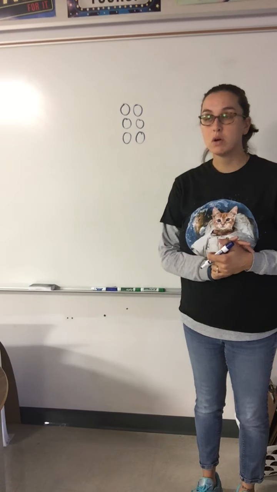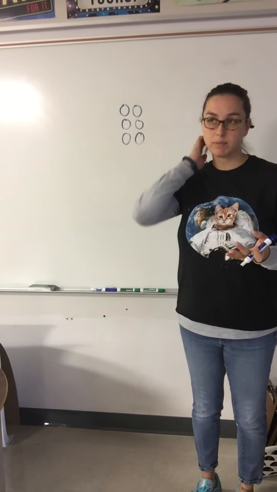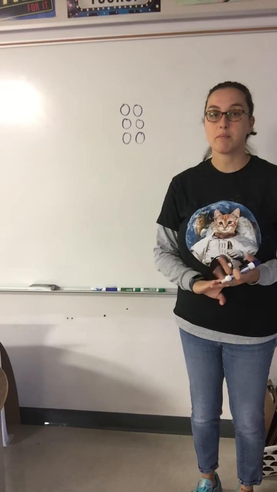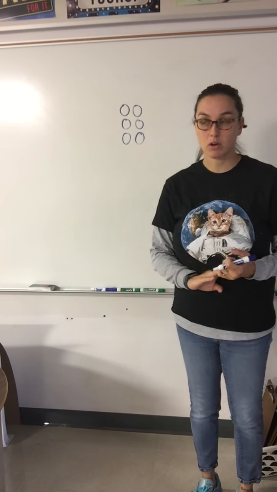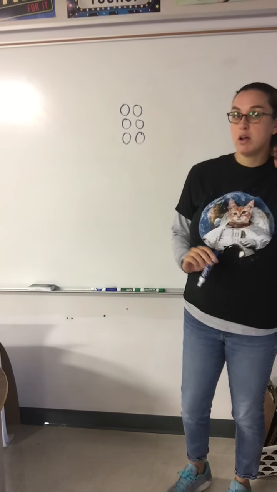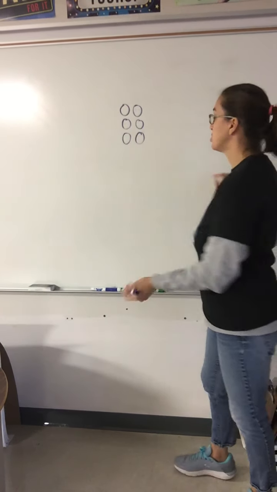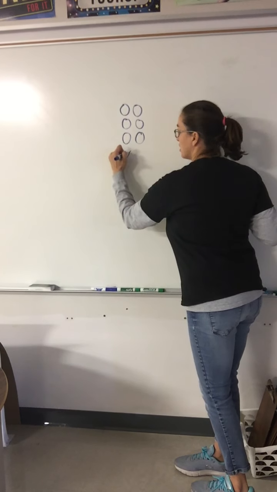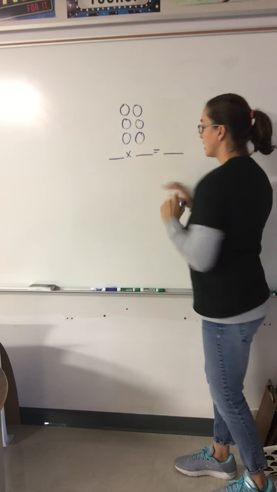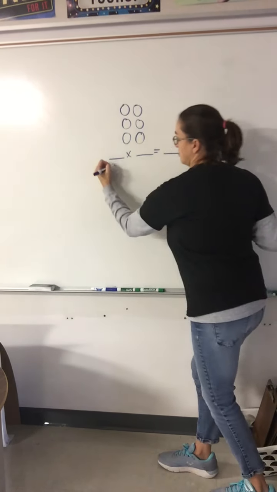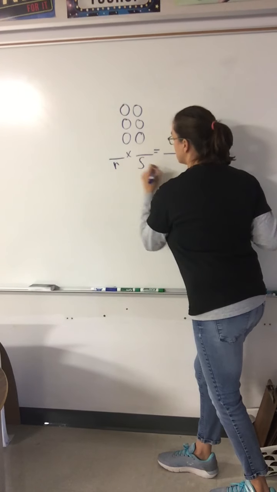Okay, so we've talked about groups of and we've talked about rows of. Now let's look at a number bond, because I know that number bonds have also come up already too. Well, let's look at this. This right now is in rows, okay, which we just learned that multiplication sign can mean rows of. So this is going to be the rows, this is going to be the size, this is going to be